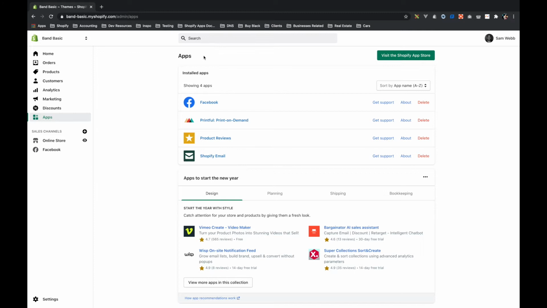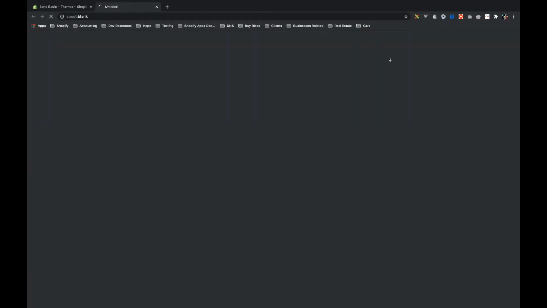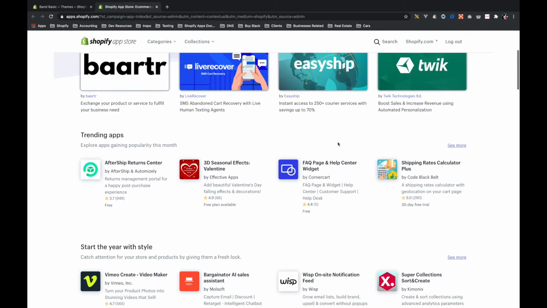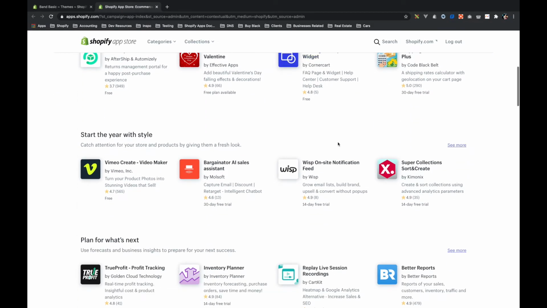Shopify email. So if I wanted to add a new app, I would come over to this page and come to this button that says visit the Shopify App Store. Click that and it will open up Shopify's App Store. Now here you can look through the apps that they have. They've got apps for everything. Some of them are apps that Shopify made, but most of them are apps by other